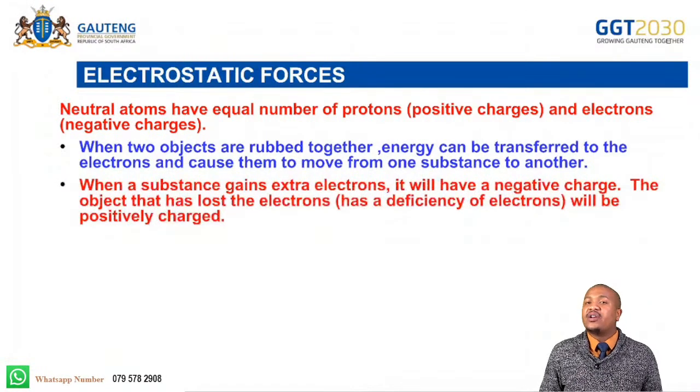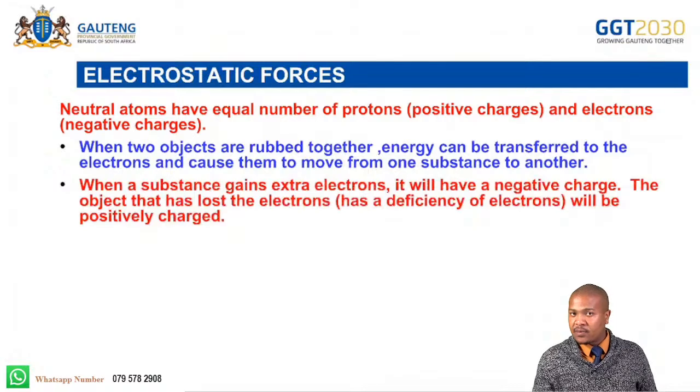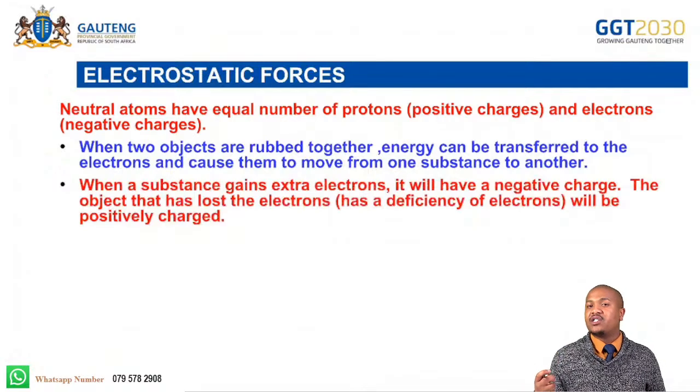Positively charged, because now it has more protons than electrons. And the other one that gains these electrons becomes negatively charged, right? It becomes negatively charged because there's more electrons than protons. Are we together? So now,